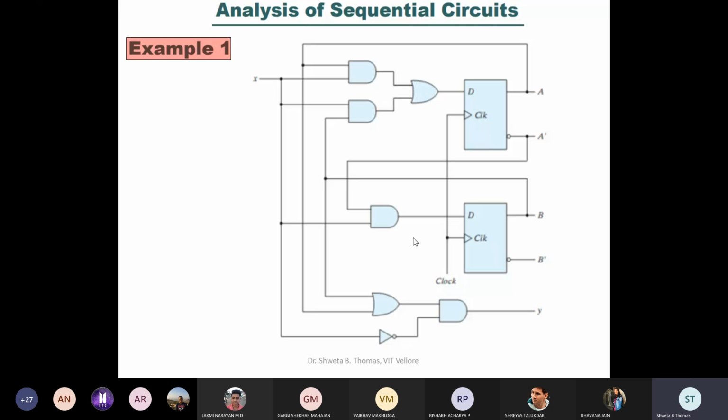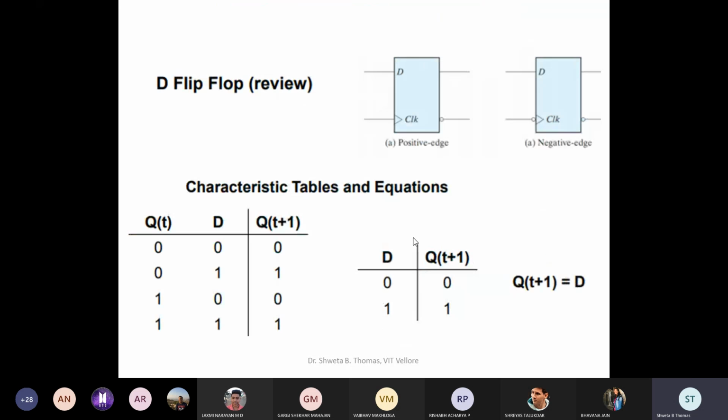One thing you need to remember: when you are getting output 1, when you are getting output 0, when there is a set state, when there is a reset state. It is already known to you for the D flip-flop, whatever input you are giving, the same thing you are getting as output Q. So first we will write the expression for D for the first flip-flop as well as for the second flip-flop. Before that, we will analyze the behavior of the flip-flop. I have given a review here.